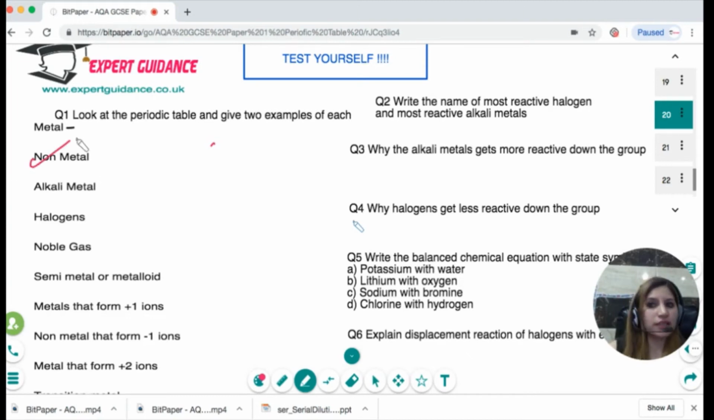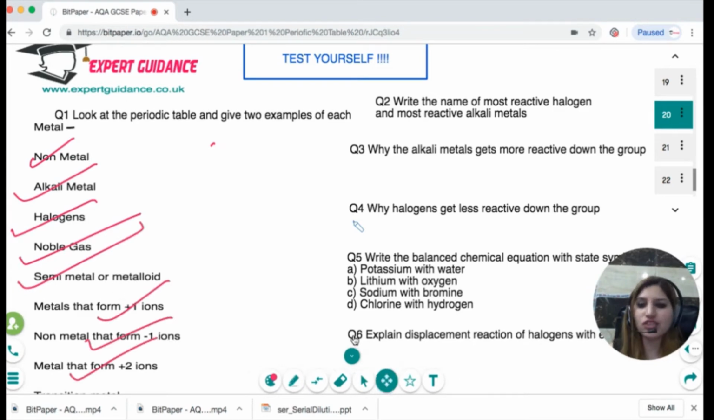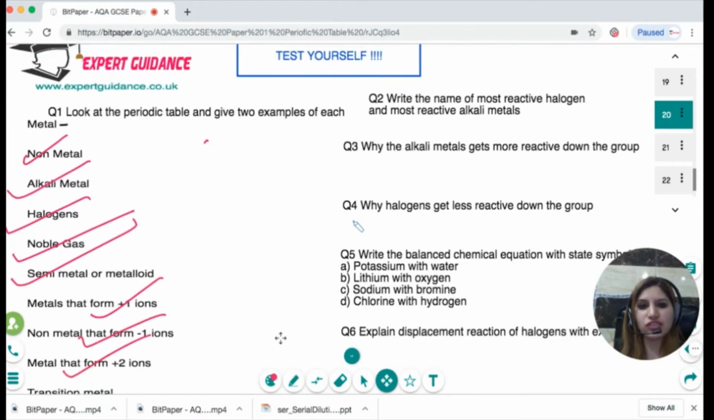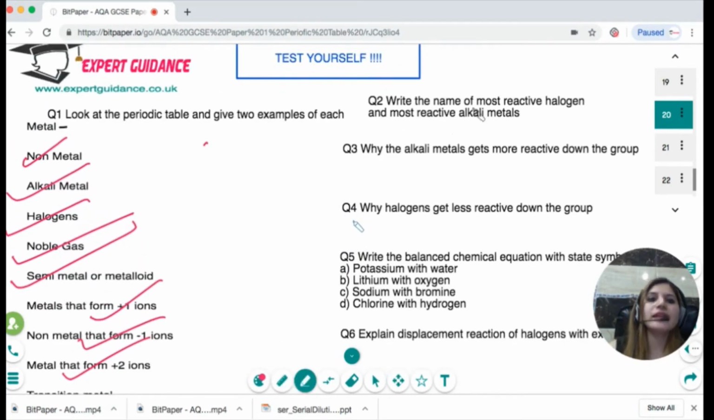A non-metal, alkali metal, halogens, noble gases, semi-metal or metalloid, metal that form +1 ion, metal that form -1 ion, metal that form +2 ions, and a transition metal. Next is you need to write the name of the most reactive halogen and the most reactive alkali metal. Why alkali metal gets more reactive down the group, why the halogen gets less reactive down the group, and then